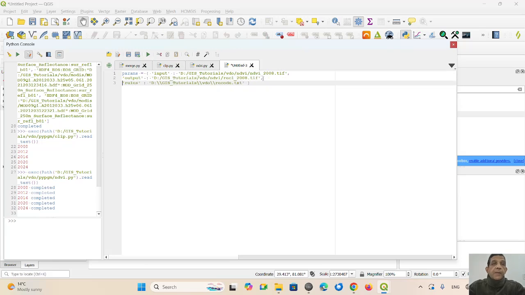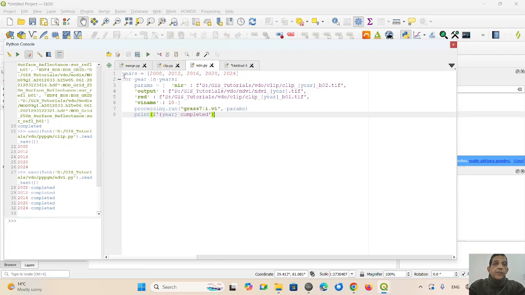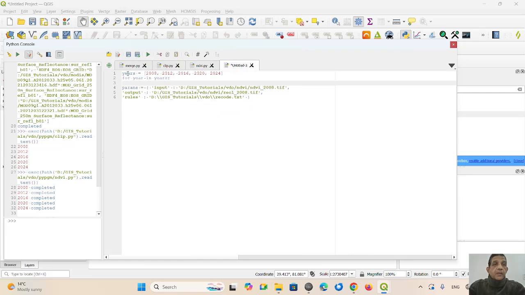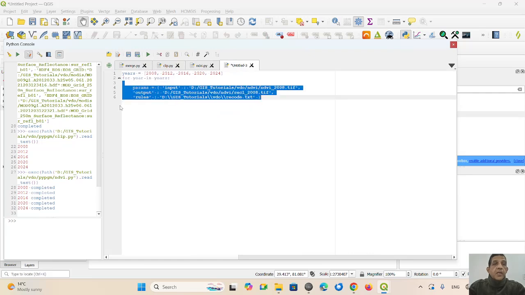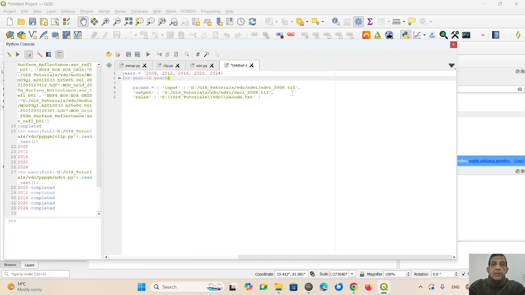We don't need to change the rules, only the input. So we use this part again. We copy this part and tab, and it is very easy now. We just enter year and add F, enter year, add F here,